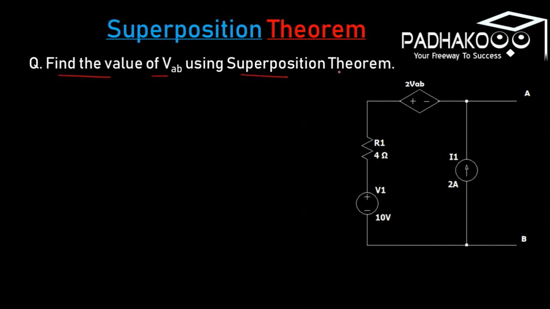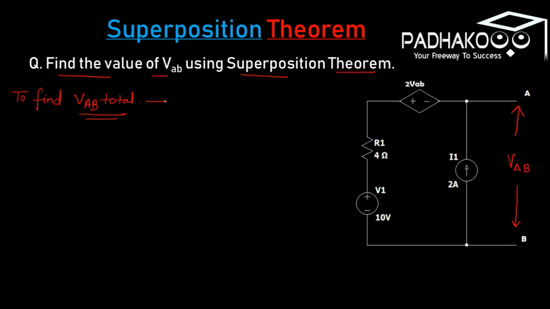Now, dependent sources are present, so we do not have to touch dependent sources in any condition. The dependent sources are left untouched. So here also two sources are present, one is a voltage source, another is a current source. We have to deactivate one and activate another, and find out the responses and add them, as we have done in the previous question. So to find out VAB total,